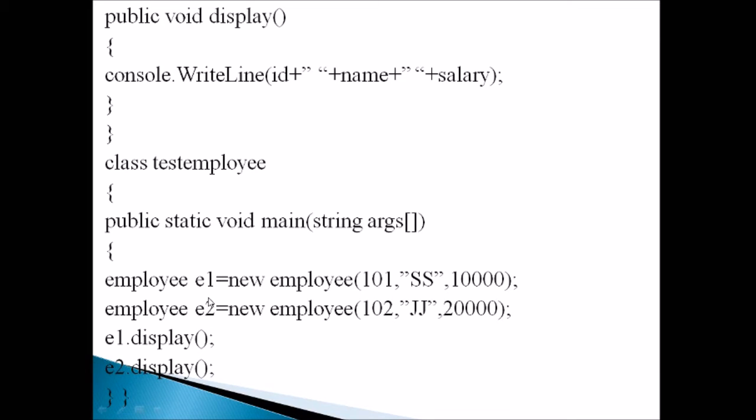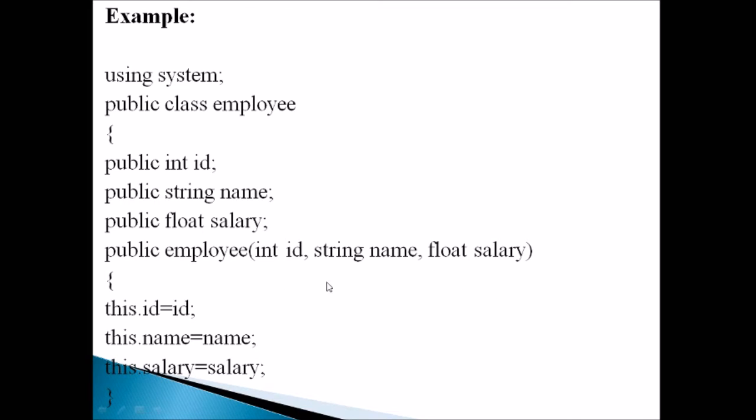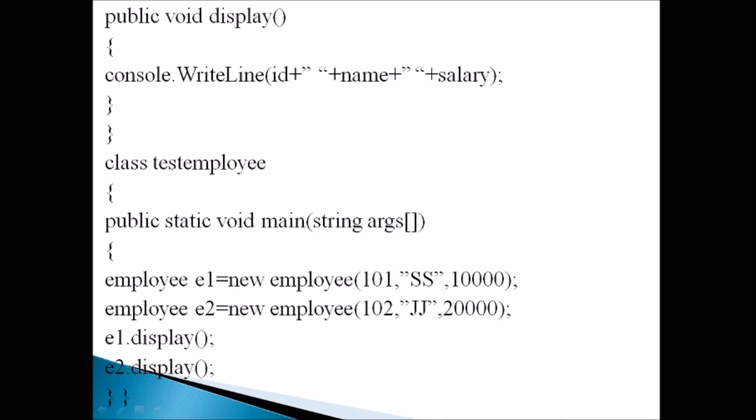While we create the first object, the values are passed to the method Employee and the values are assigned to these variables, and it will be assigned to the variable this.ID. Here the keyword this refers to the value of the current instance variable of the class. All the three values will be assigned to these three variables. And when we call the method Display, it will display all the values assigned to the variables using the object e1.